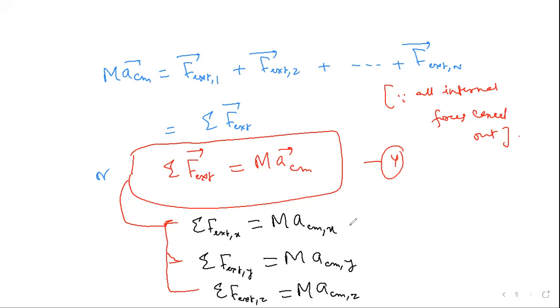So you can see from equation 4, the overall translational motion of a system of particles can be analyzed using Newton's laws as if all the mass were concentrated at the center of mass and the total external force were applied at that point. I write, equation 4 tells us, I write according to equation 4,